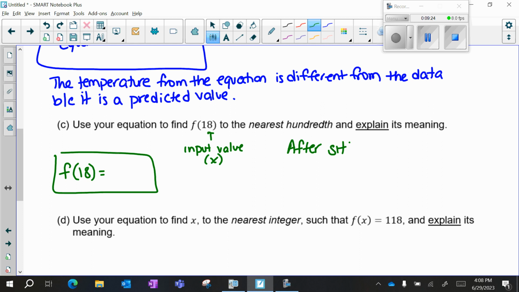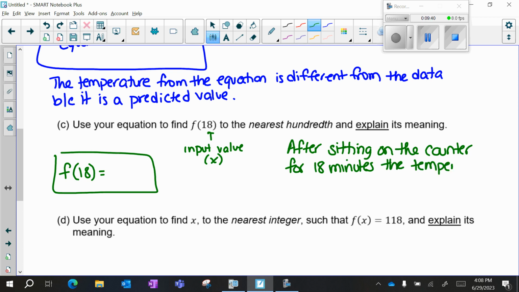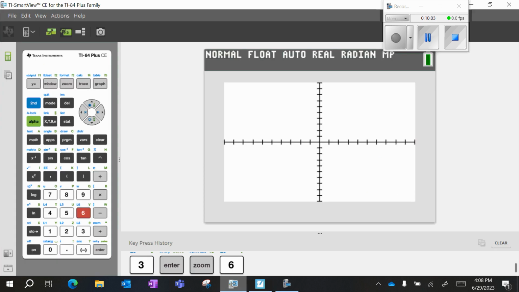After sitting on the counter for 18 minutes, because that's what my x value is, the temperature of the coffee was, and when we find it, we're going to do that. So I could substitute in, if I wanted to, x equals 18 into the equation, but let's go back to our calculator and remember that this was saved in